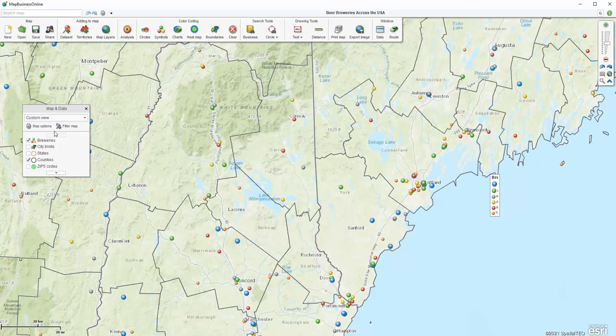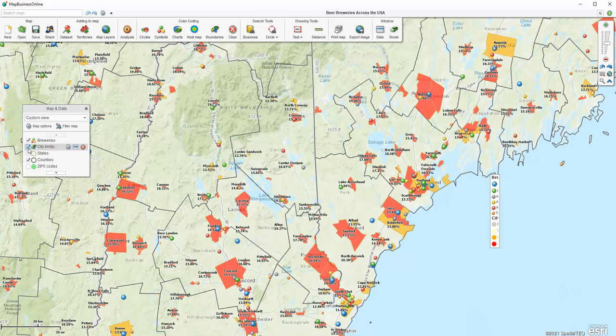And as I mentioned, I also felt the city limits layer might be an appropriate layer by which to view some demographic data that I thought might be pertinent to breweries. Who drinks beer the most? Probably people in their 20s. So I did take the city limits layer